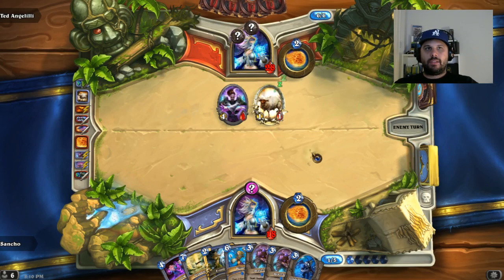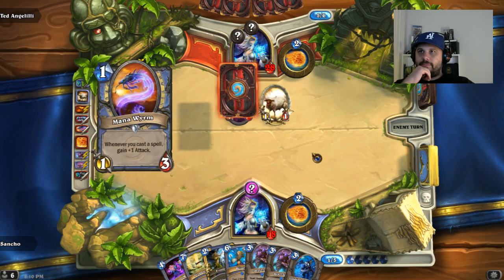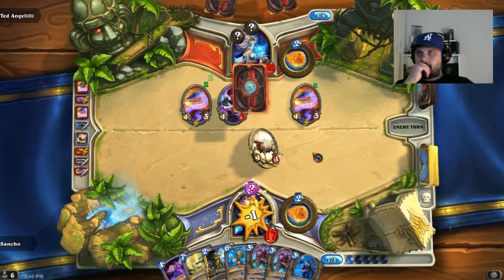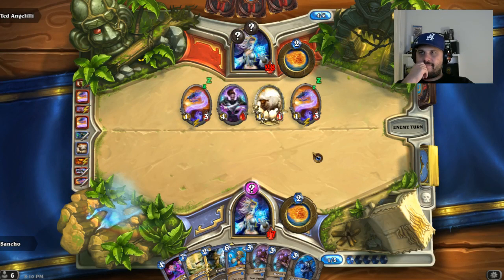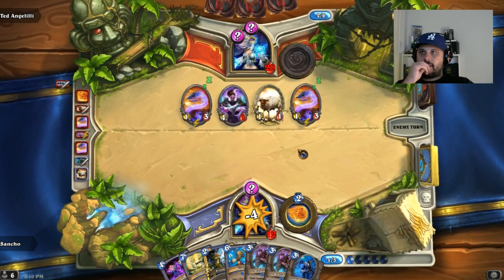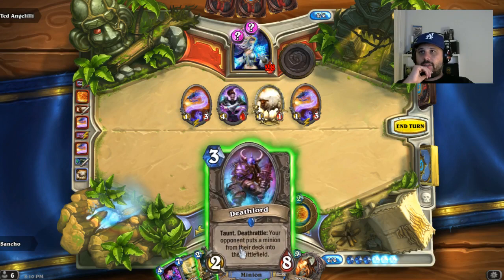Okay. Let's see what happens. I could really use an Antique Healbot right now, too. He's undoubtedly got Mirror Entity there. I don't know if I'm gonna win this one. If I can hang on to turn